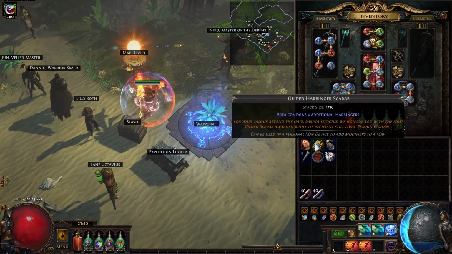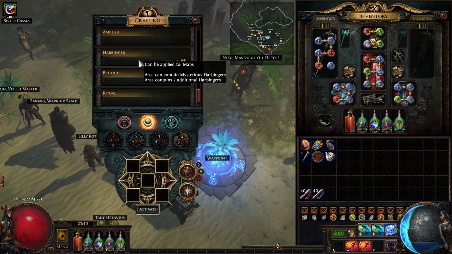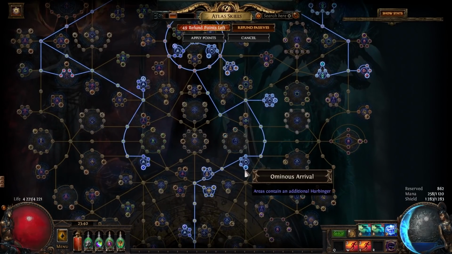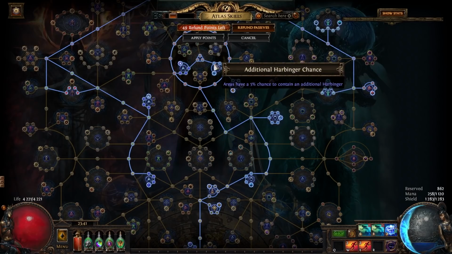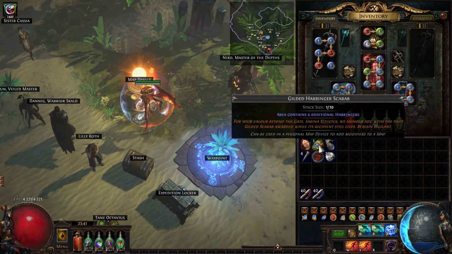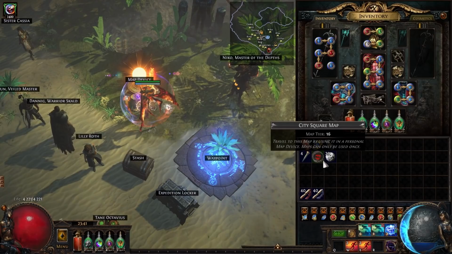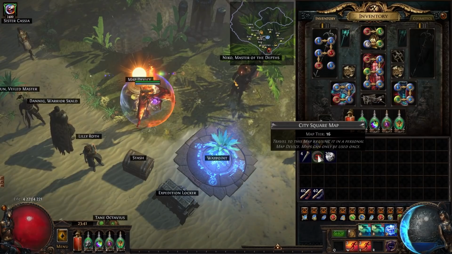So I was using Gilded Harbinger Scarabs for 4 Harbingers, also Map Device for 2 additional Harbingers, and obviously Atlas passives for 1 additional Harbinger. And here you also have some passives with in total 30% chance for additional Harbinger. So in total that was 8.3 Harbingers per map. And then, so I did 100 maps with this setup,